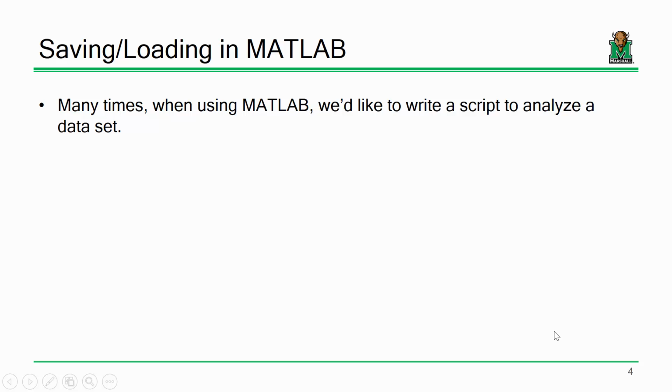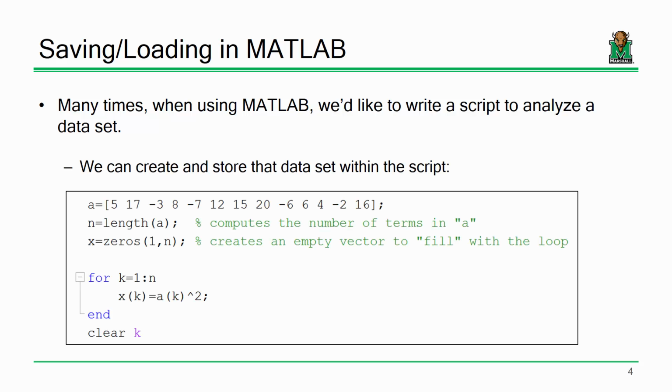All right, so the second part of the homework assignment deals with importing, saving, and loading variables. There are times when in the past, inside the script, we've defined a variable. For instance, we can have A defined inside of the script, and this will work fine as long as this is what we always want A to be. If we always want the matrix to have these numbers in it when we execute the script, then there's no